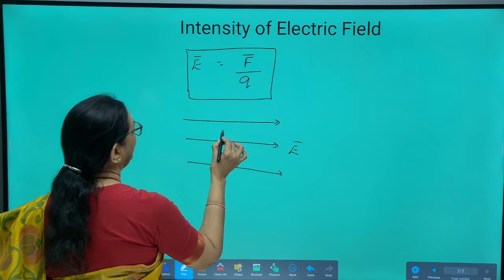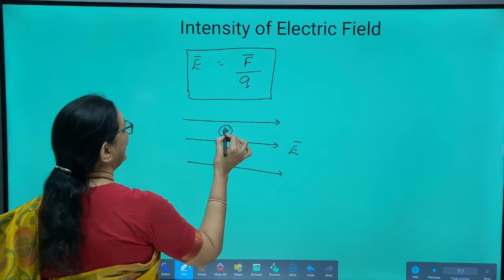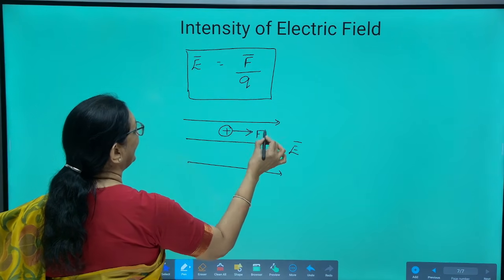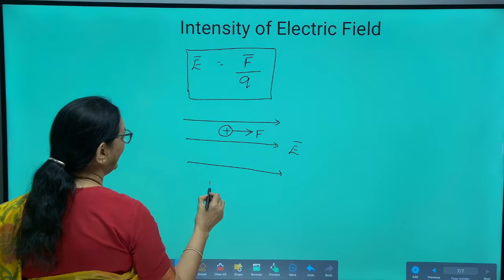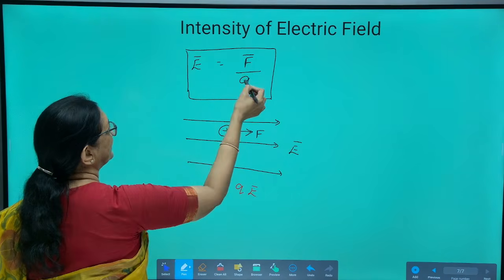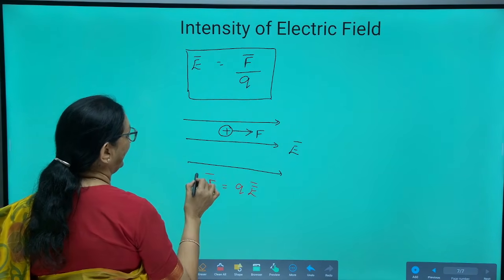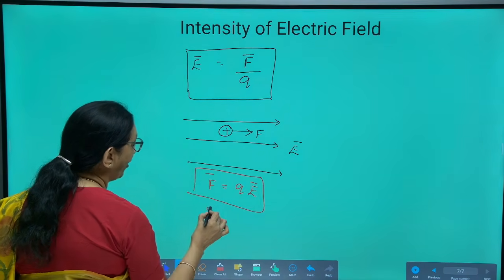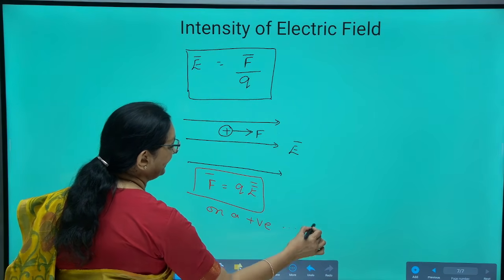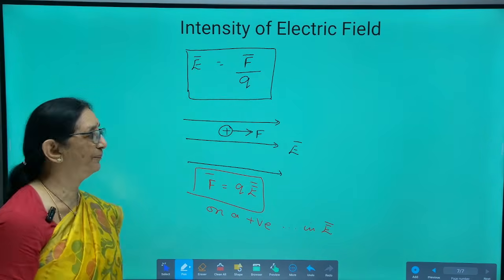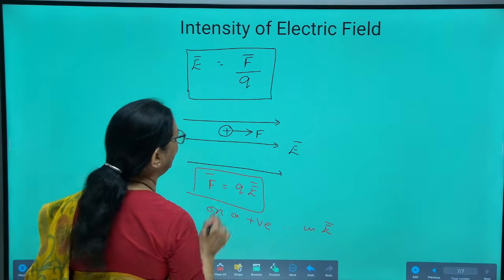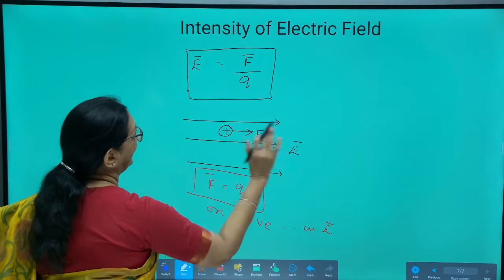If you place a charge Q in this uniform electric field, it experiences a force F given by F is equal to Q into E. From this expression, F is equal to Q into E, force on a positive charge is in the field direction. This is very important. A positive charge experiences a force in the field direction,